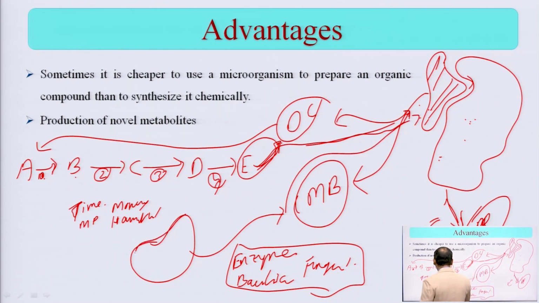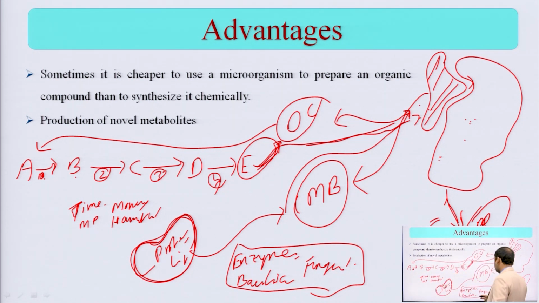Okay, only one step is here, only one step, one protein or it may be a lipid or anything. This is just a one step process, you have to use some enzyme or fungi or other thing, and ultimately you are getting this desired product, this substance which will be doing a further activity.